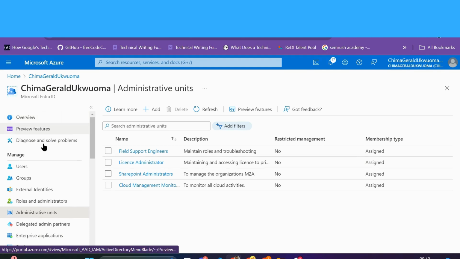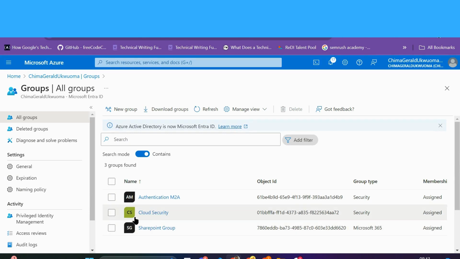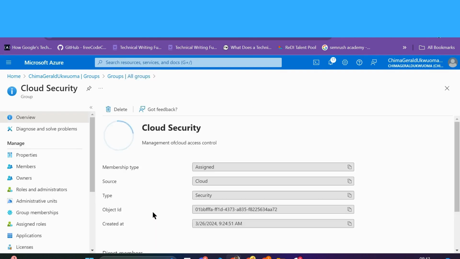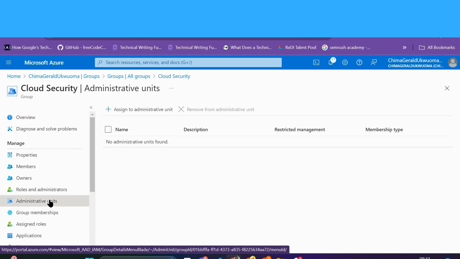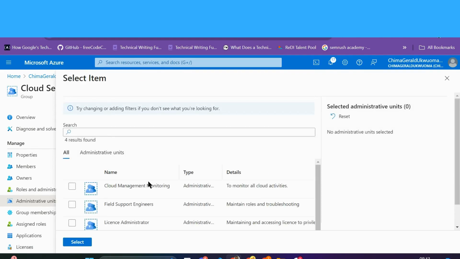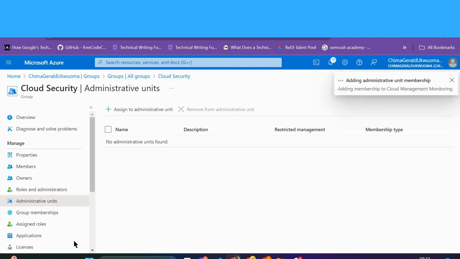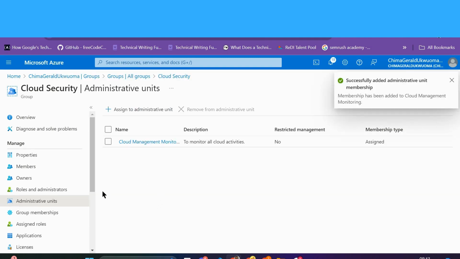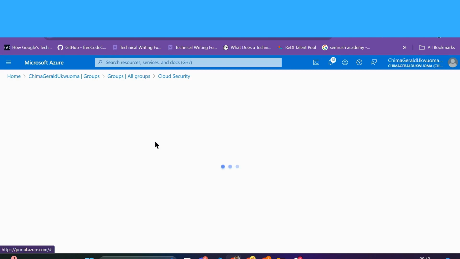I'll go to my Microsoft Entra ID. I'll open groups. Now we have security groups, cloud security groups. Let me click on them. Let me open it. Let me open administrative units. Now we could see the remaining administrative units I have. I can click cloud monitoring management. I click select. Now I've already assigned this group to cloud management monitoring. If I click on it,